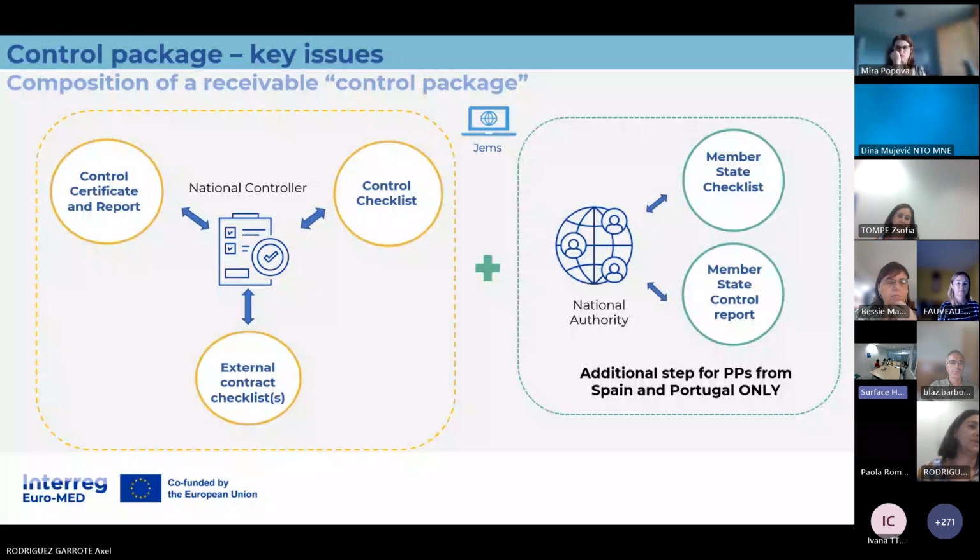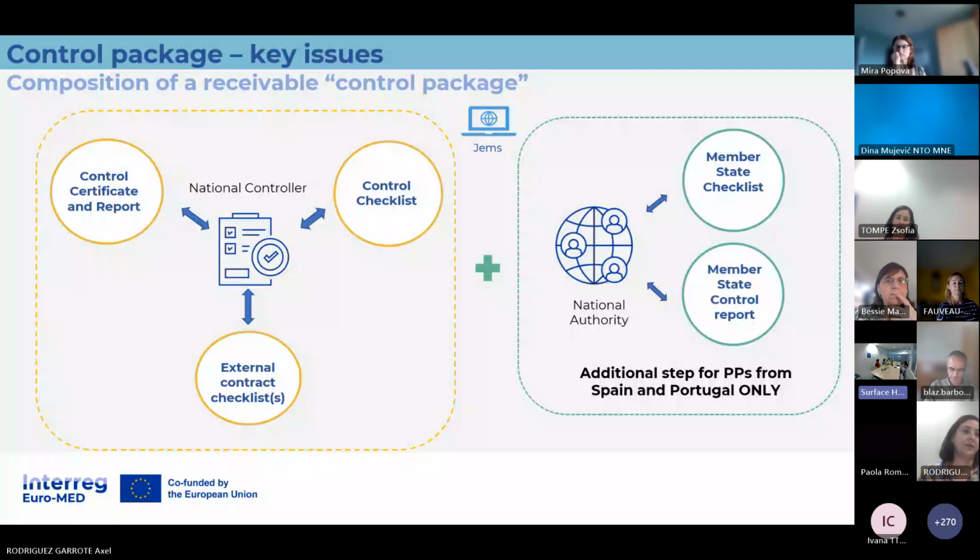If a new external contract was reported, the external contract checklist is filled in and finalized by the national controller, and the control certificate and report are signed by the national controller. This is what the lead partner should check before it submits the project report to the GS. This is a bare minimum it should include.